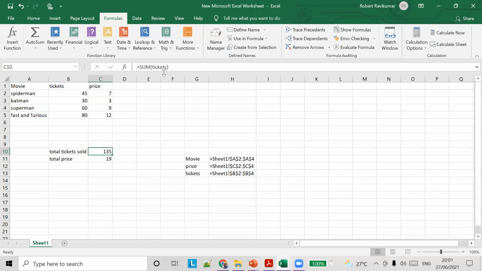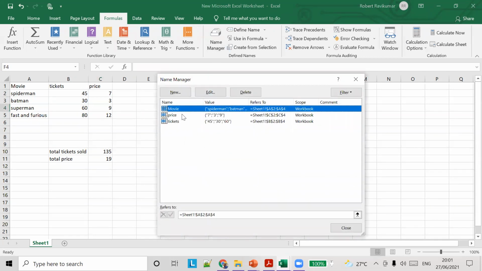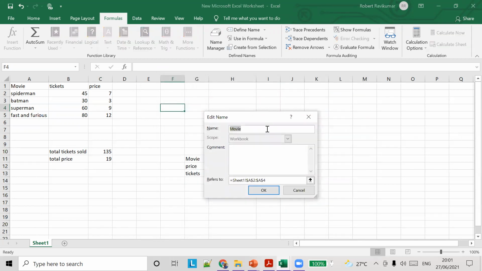Correct, right? So what we have to do is edit the name range. The name range applies only to these cells, right? So what you can do is go to the Name Manager, double click on it. Now you can edit it.